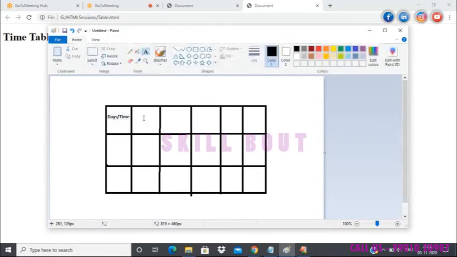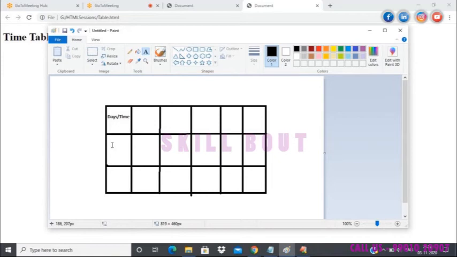Now we will consider this a row for timing, like 10 o'clock, 11 o'clock, and 12 o'clock, 1 o'clock, 2 o'clock. Since we have five columns available, we will utilize that to add the timings in the first row.